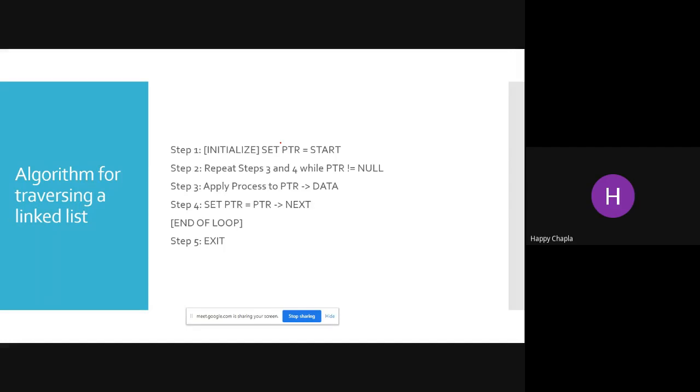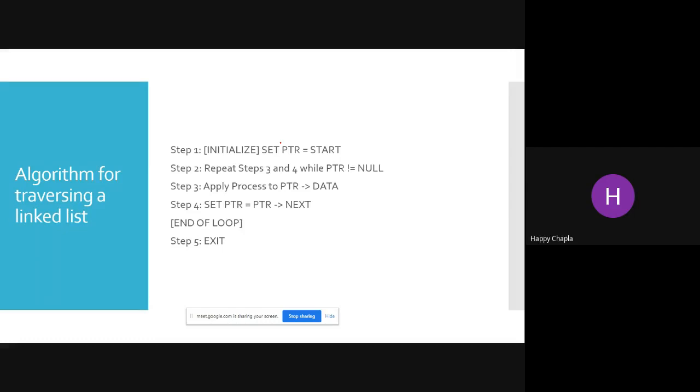Likewise, here we have insert at first, delete the first, insert at the end, delete from the end, insert at the beginning, insert in between at a given node, delete from that position, insert after this node, delete before this node, insert before this node. So we have so many cases with us.